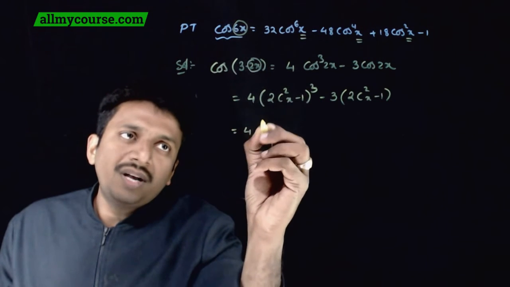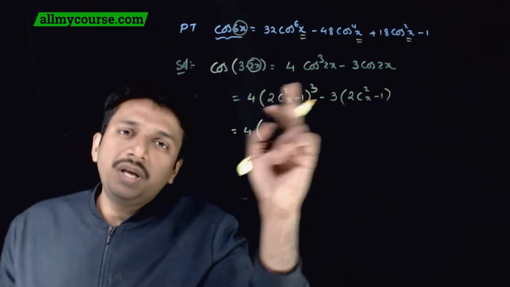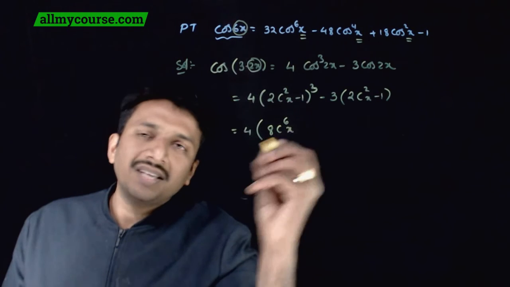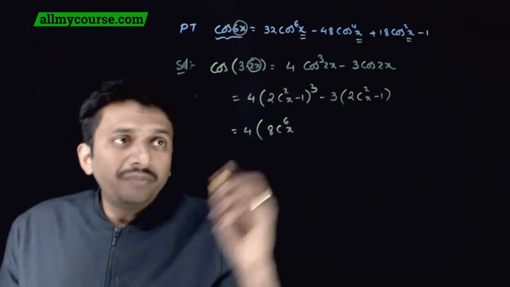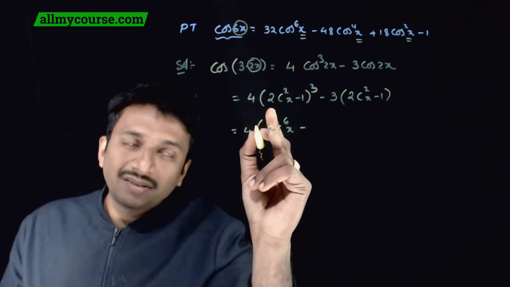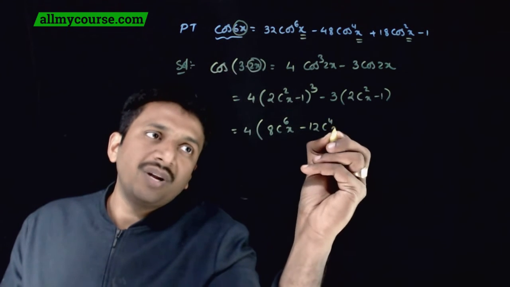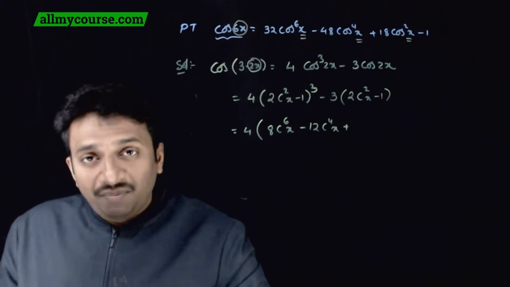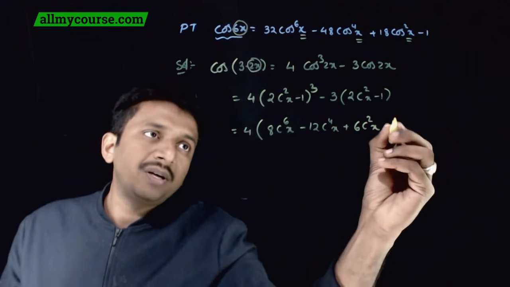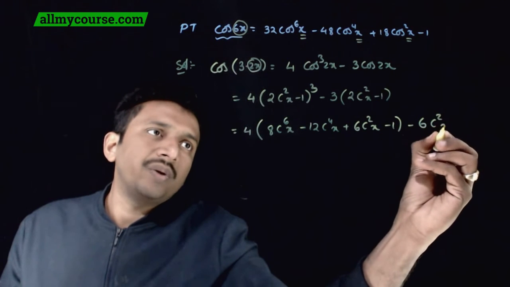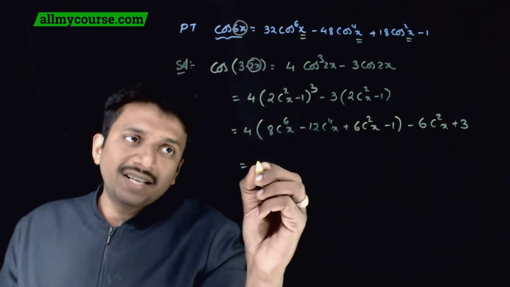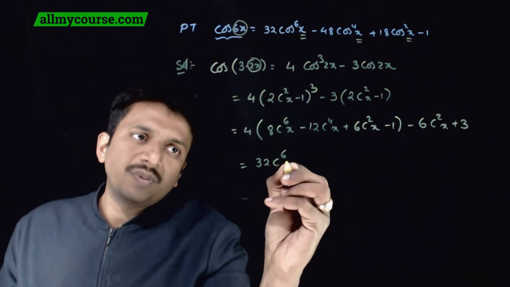That is equal to 4 times, a minus b whole cube is a cube, so 8 cos power 6x, minus 3a square b, minus 3 times 2 cos square x whole square, that is 12 cos power 4x, plus 3ab square, 6 cos square x, minus b cube, minus 6 cos square x plus 3. That is equal to 4 8s are 32 cos power 6x